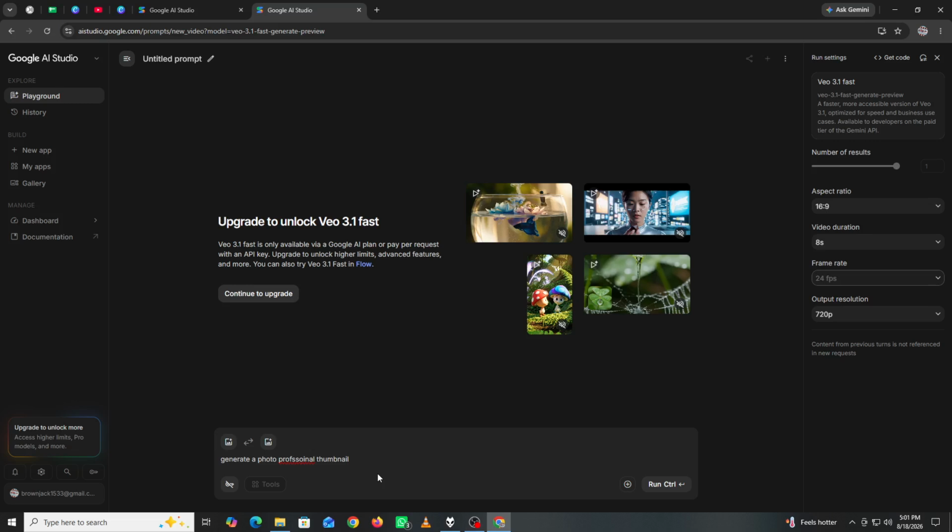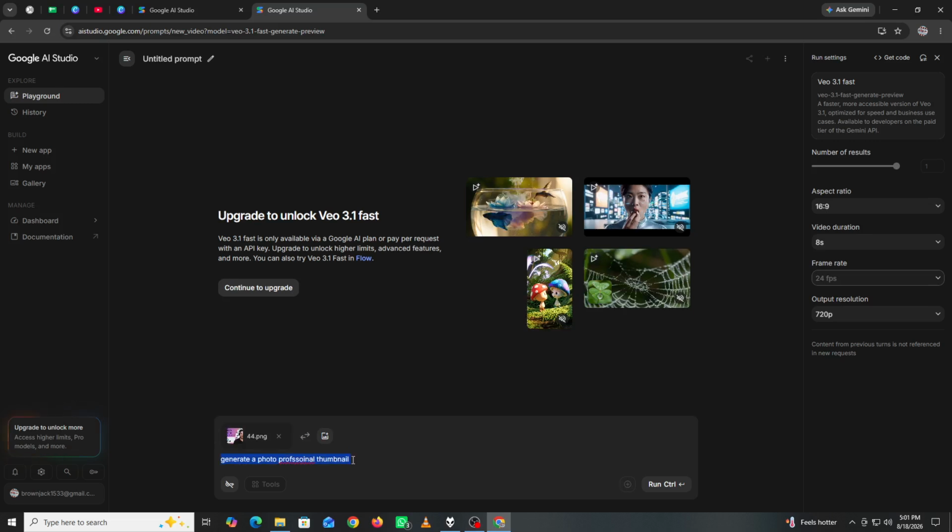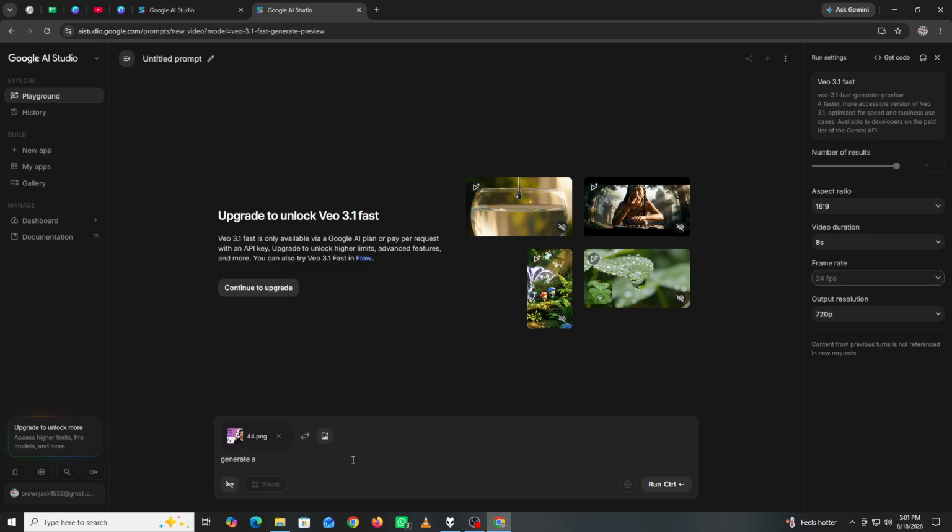Next, describe the character's actions and environment separately from the character's identity. This allows you to change the location or activity without unnecessarily changing the character. For example, you can keep